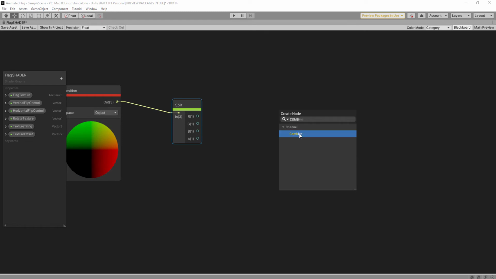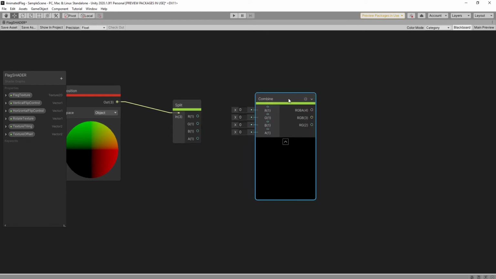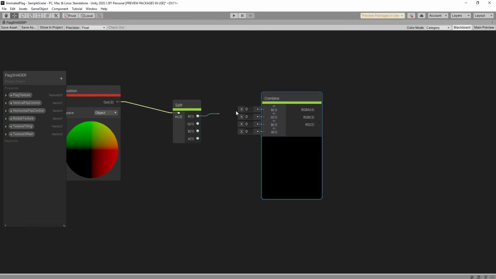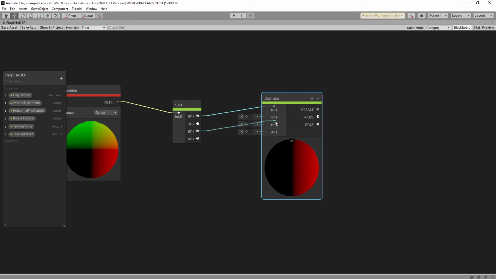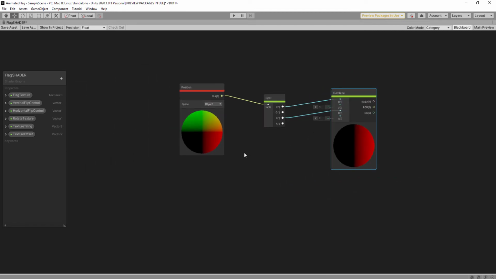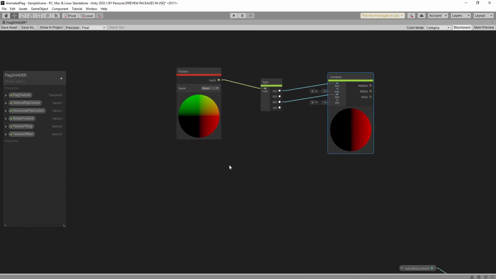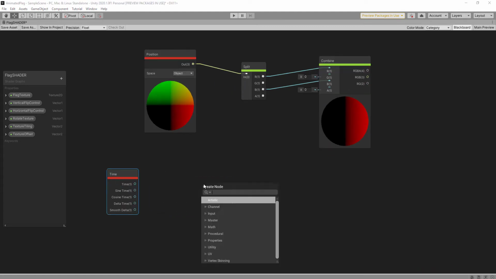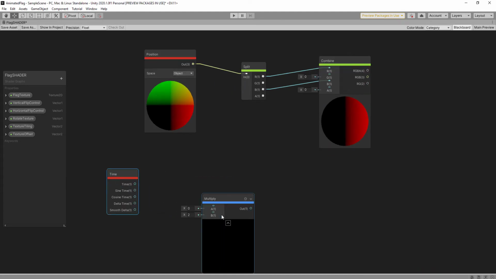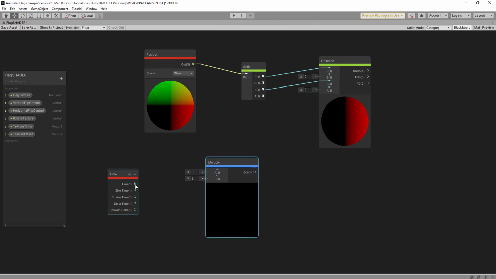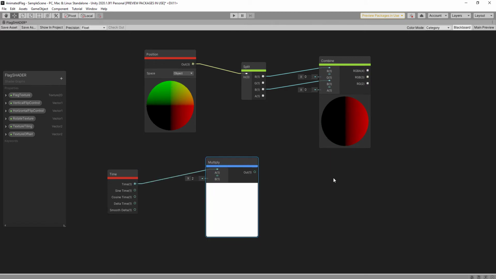combine, and X and Z axis. Yes, we can control it. And absolutely time, because we need an animation. And a multiply node and link here. Okay,